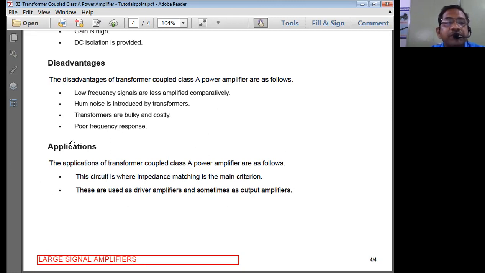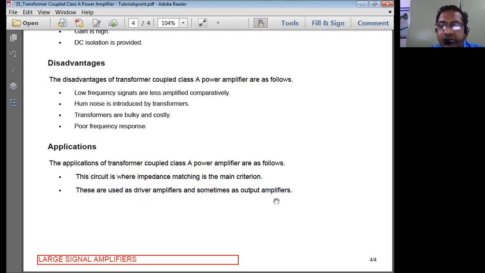Now, where do we normally prefer these amplifiers? So the applications are going to be what now? Wherever we want impedance matching, there we normally prefer this type of amplifier with transformer coupling. These are used as driver amplifiers and sometimes as output amplifiers. That means impedance matching is preferred for driver amplifiers. So we use these amplifiers wherever we want to use them as driver amplifiers to the circuits we connect following to